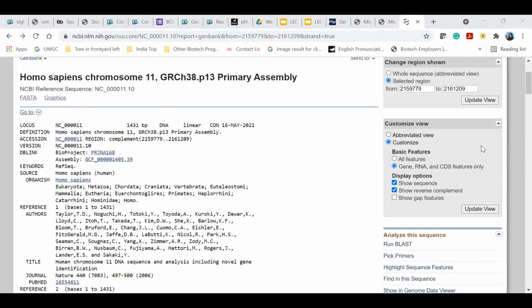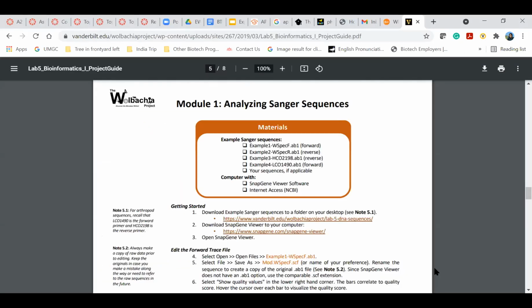I mean, in HHMI, there are a lot of wonderful movies where you actually see how people find genetic causes of different things. And when they are referring to the gene sequence, when they're referring to chromosomes, that is what they are doing. I'm just going to take you to